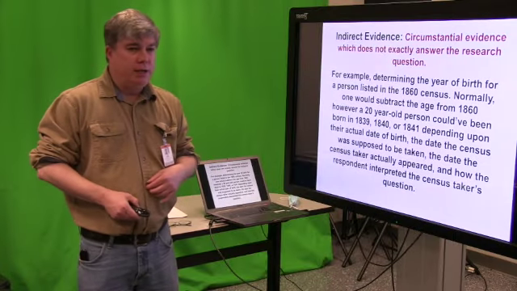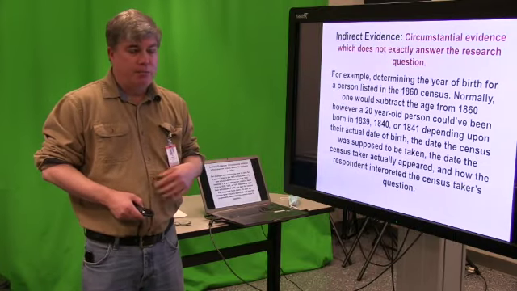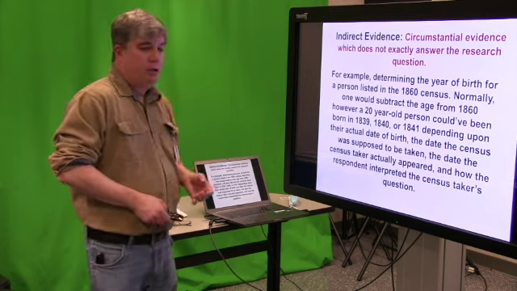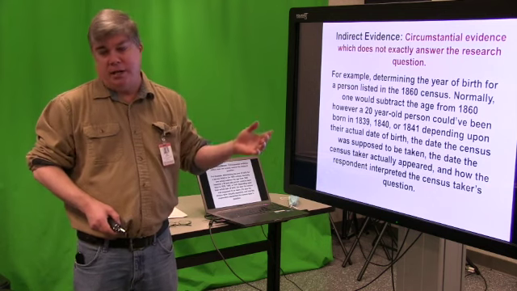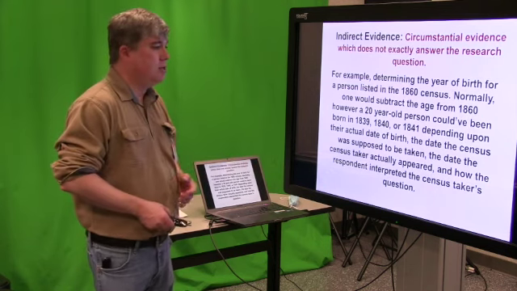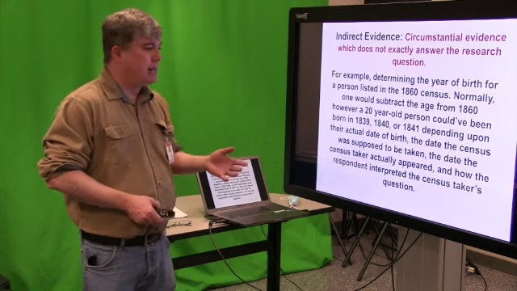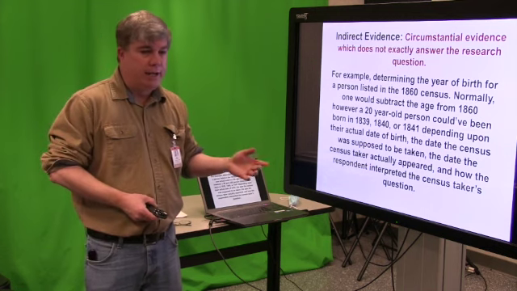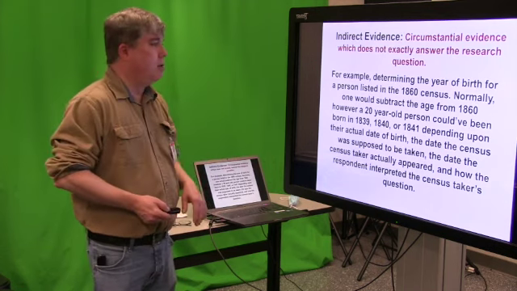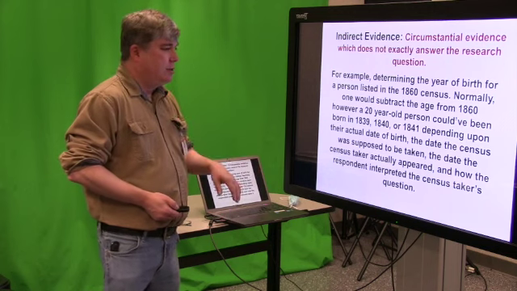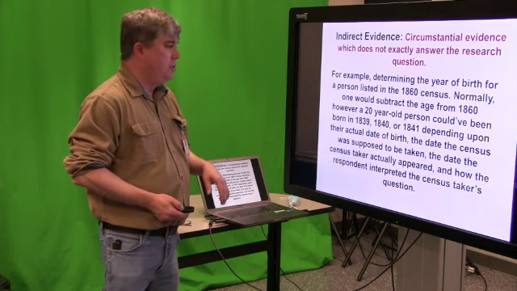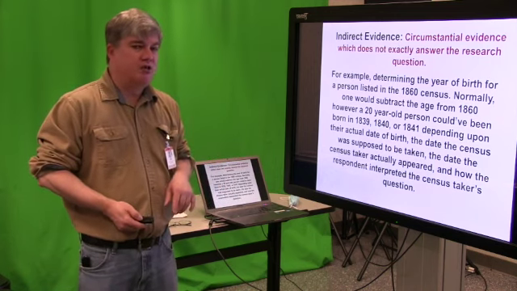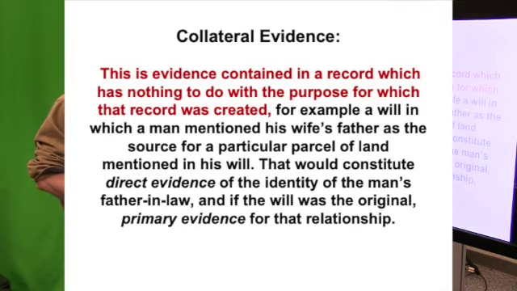So a lot of people get really upset sometimes about not being able to find out precise birth dates for ancestors. But when you're getting further back than the 1890s, and even in the 1890s sometimes, it can be really problematic. But you can usually get plus or minus 5 years either way. In some cases, you can get exactly right on. But circumstantial evidence doesn't exactly answer your question. The age in the 1860 census doesn't answer it precisely. It's probably close, but not 100%.